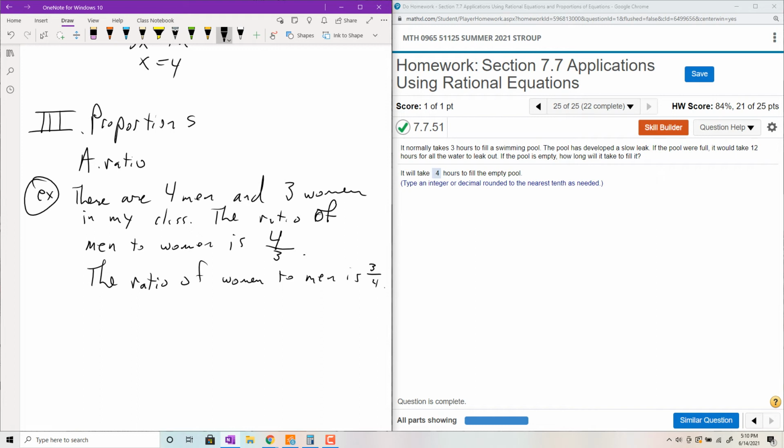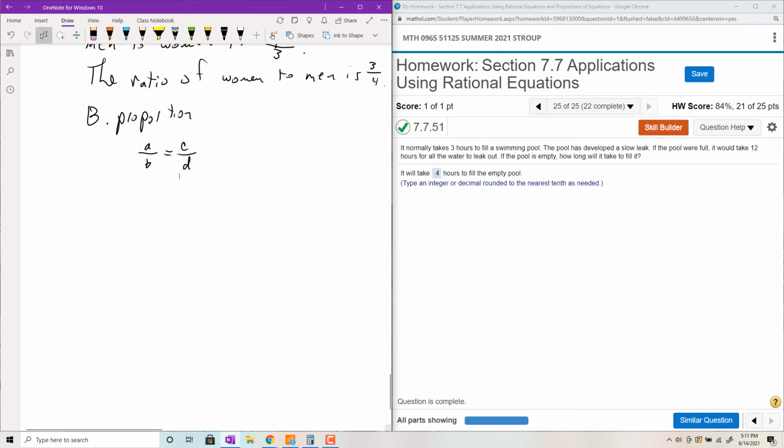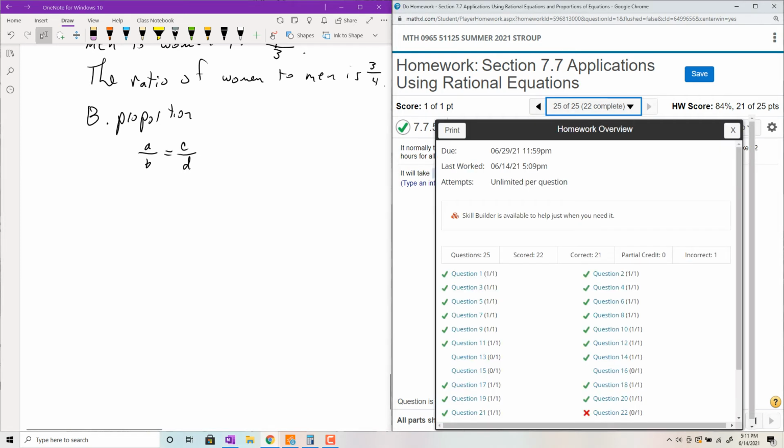Anyways, a proportion is basically just 2 ratios being equated. So a proportion is basically you have a fraction on one side and then some other fraction on the other. Ratio 1 equals ratio 2. And you could use proportions to solve all kinds of problems. In particular, let's take a look at